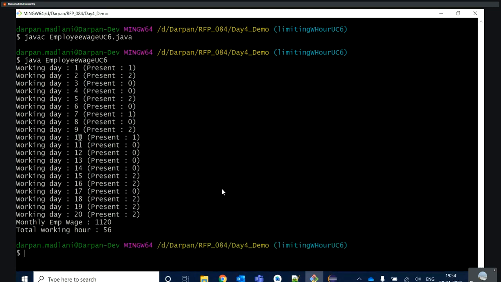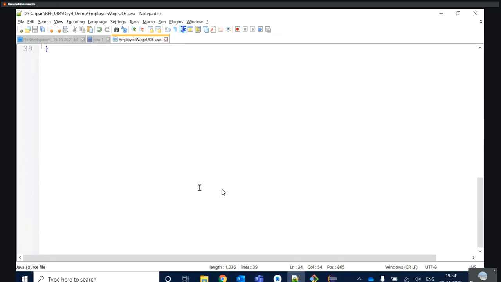When two digit numbers are coming, the tab space was larger. So our use case 6 program is working good now.